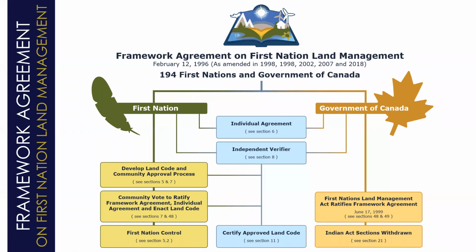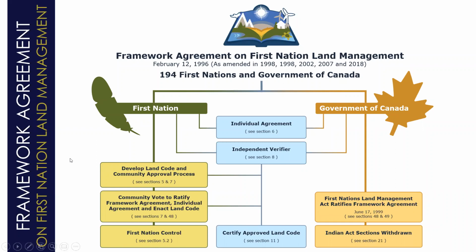And together you negotiate with Canada the individual agreement, which spells out exactly what lands you're going to be resuming control and jurisdiction over, how much operational funding you're going to be receiving to manage your lands and resources. It identifies any actual and potential environmental concerns on your reserve so that you're starting with a good knowledge base of what you're taking on. And it also identifies any of the capital and revenue dollars that Canada is holding in trust for Missinaba Cree. And then it also identifies an environmental assessment process that will apply to projects that take place on your reserve